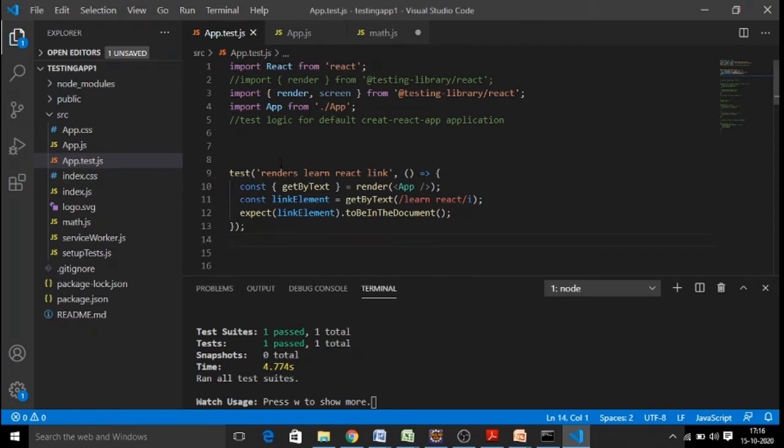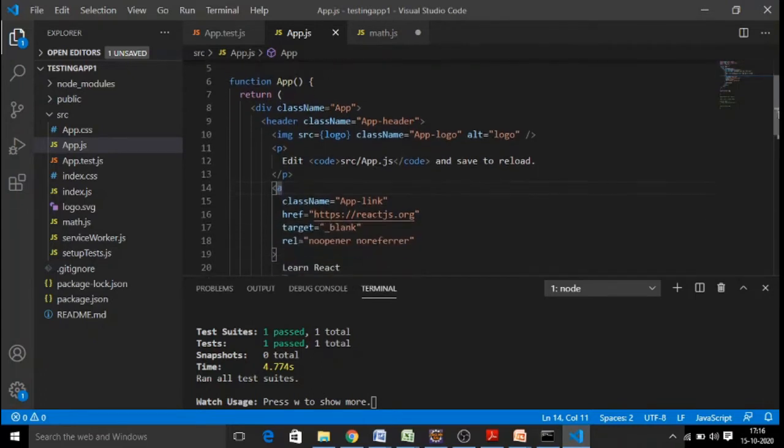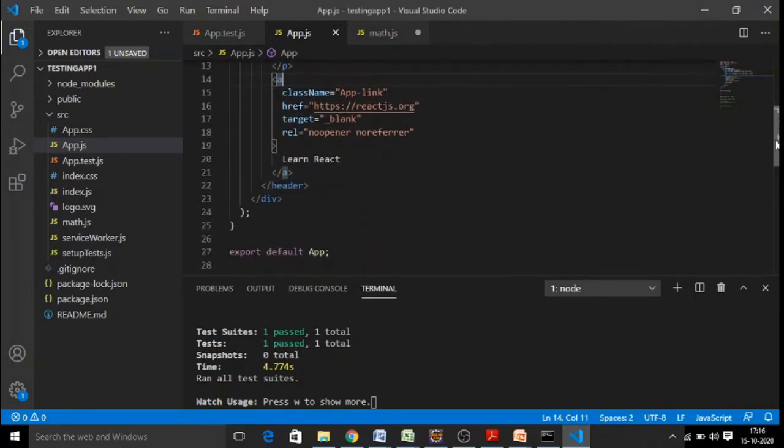In every test case, we have a renderer, and we also have the component to be tested. We have three types of testing functions called it, describe, and test. Test is always to test against the expected value. The expected value is what our app component is going to display, which is simply the content learn React, a simple word. Let us test it first.